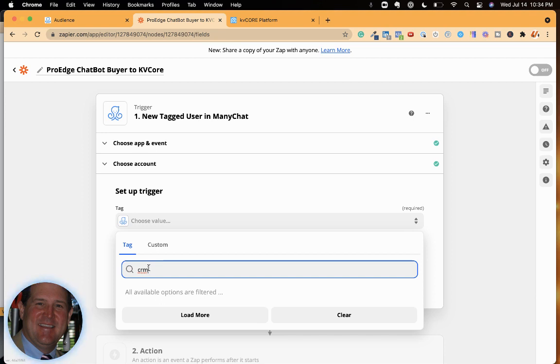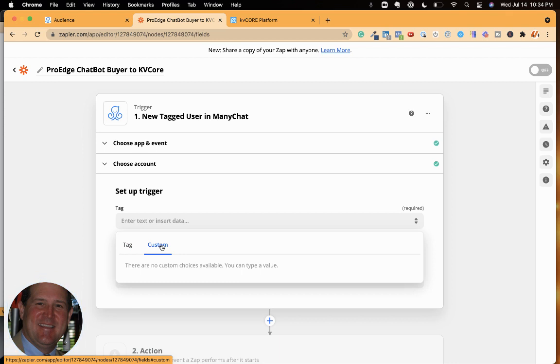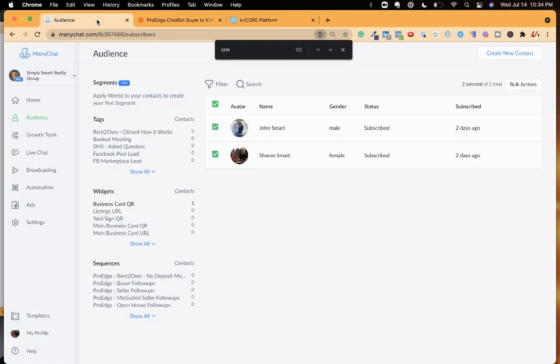There is a little glitch in the ManyChat Zap in that it doesn't show me the CRM tags. It actually doesn't show me a lot of my tags because I have quite a few tags. So there is a little glitch. I'm going to show you how to get around that. So you hit the custom field here, and then what I need you to do is come over to ManyChat,